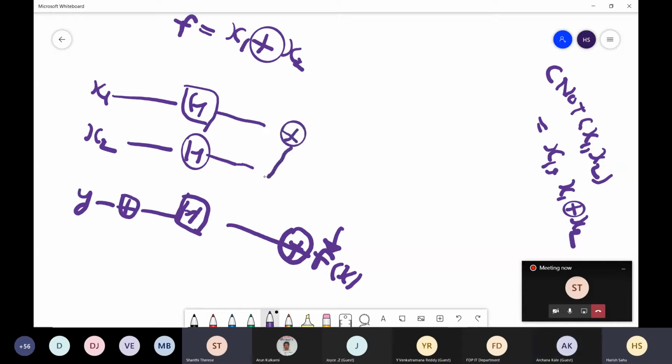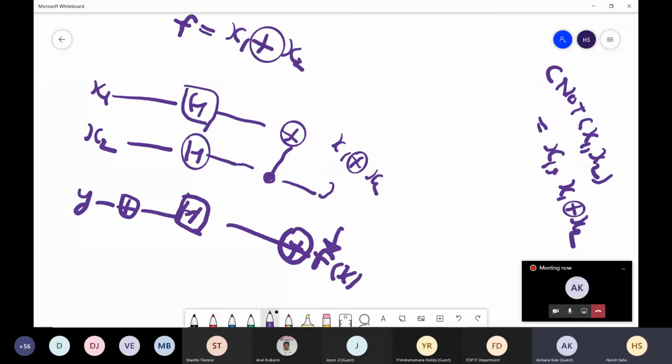I could not see your screen, sir. Yes, yes. So from x2 to x1 or x1 to x2, which way do you want? So this is x1 as control, XOR with qubit x2. If you do this, then here it will be x1 XOR x2, and here it will remain x2.